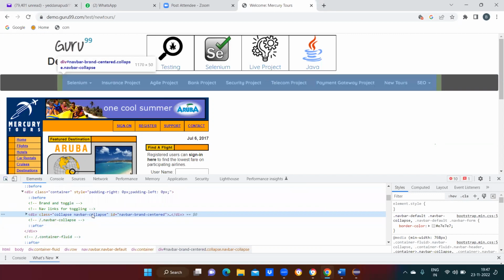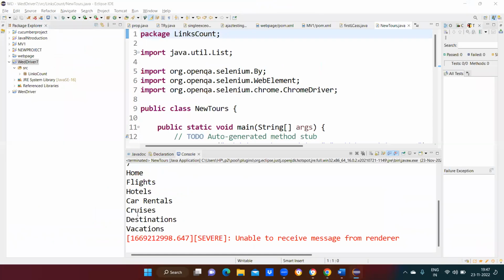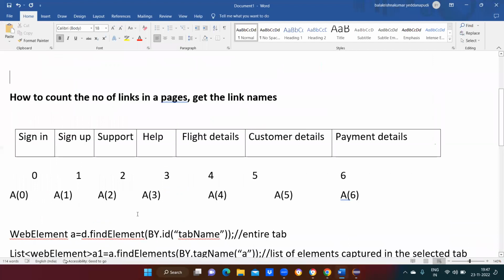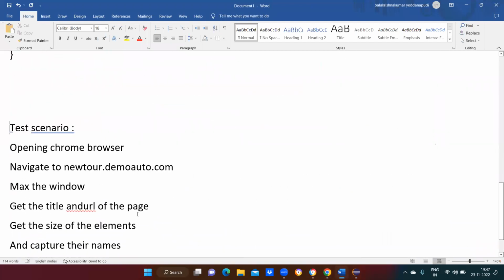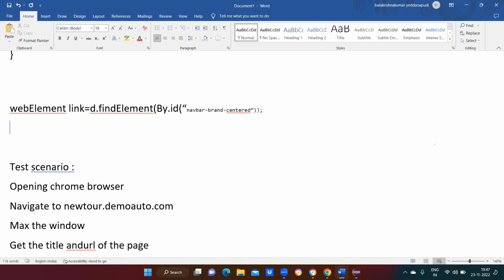Is there any ID? Yes, ID is there na? How to write for that? WebElement, some link equal to d dot findElement of By dot id. Okay na? By dot id, semicolon. That's all. Now I'm going to write list